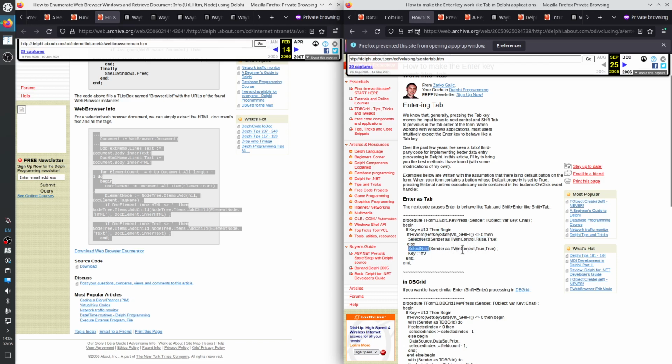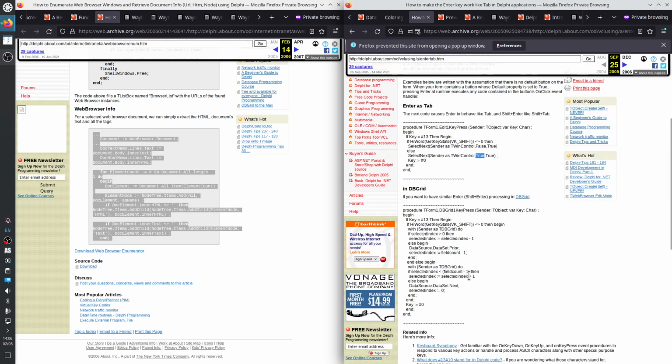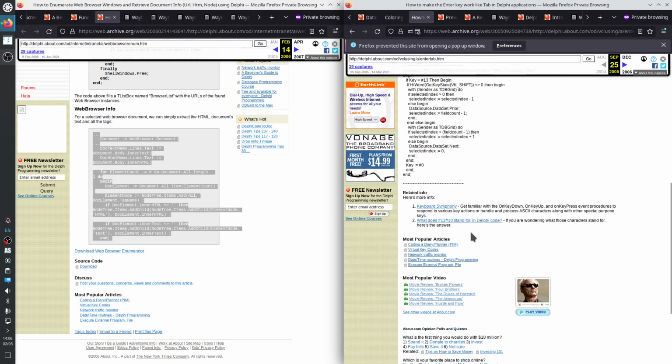Otherwise it goes select next true. Select next is part of the T-form, or one of the classes and interfaces it inherits from. Similar things for DB grid.